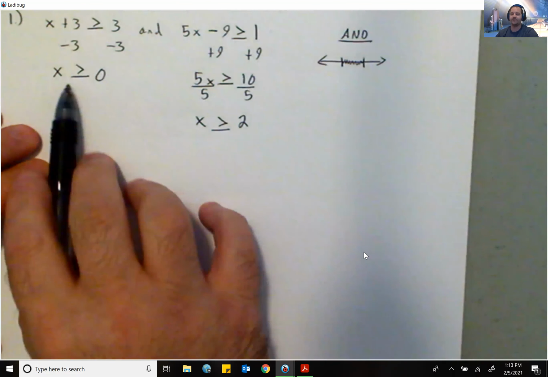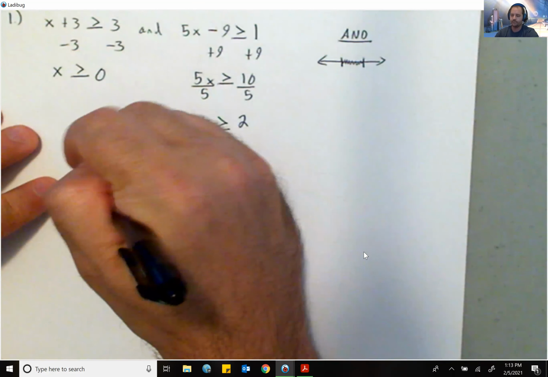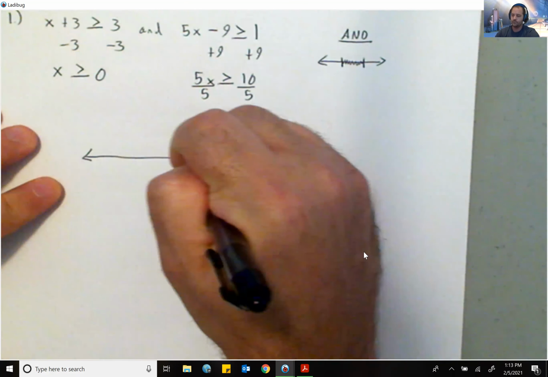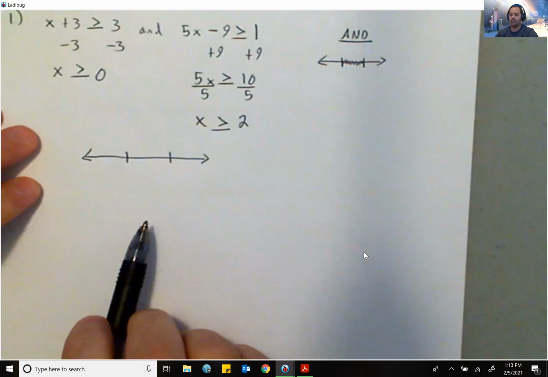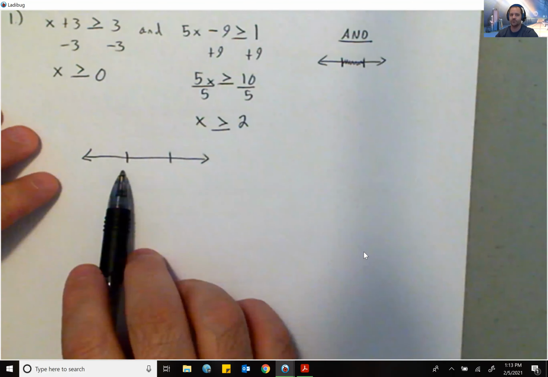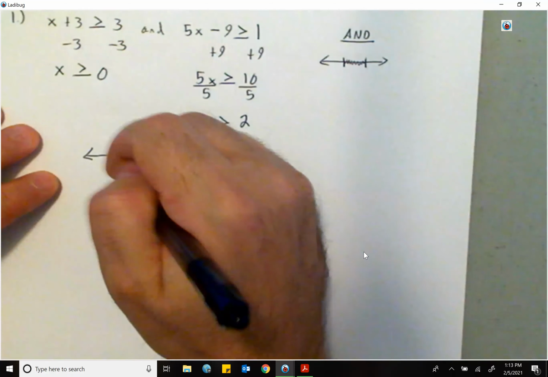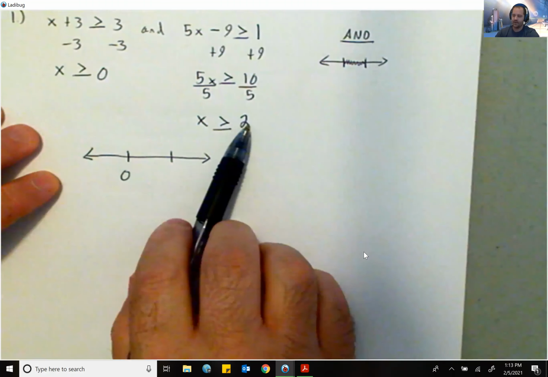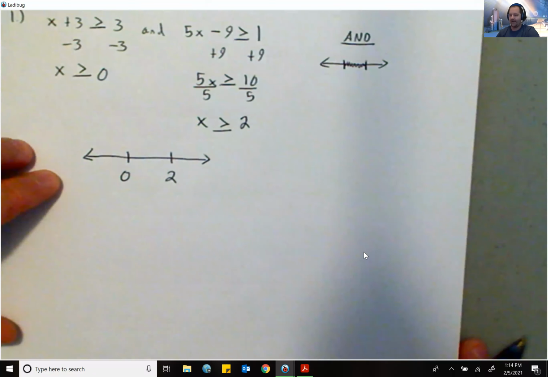So here is the information we need to graph on a number line. Remember, a number line goes from smallest to largest. So what number comes first? 0. 0 is our first one because that's the smaller number of the two. Then obviously this has to be a 2. Okay, so let's graph